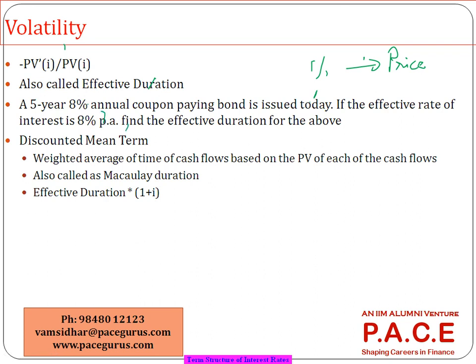That is where we called it as a differentiation. Differentiation is nothing but change in value. So what is the change in the present value based on the interest rate? If the interest rate changes by some delta, what would be the change? What would be the percentage change or proportionate change that could come up in the present value as a proportion of the original value itself? That's what we are calling as the volatility. And the prime name associated with the volatility is the duration, or in a better way we even call it as the effective duration,